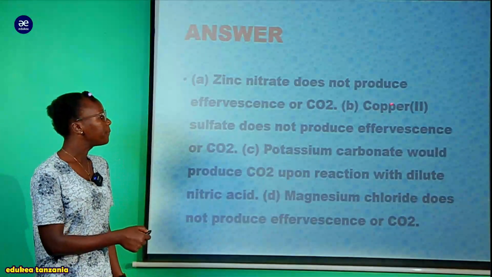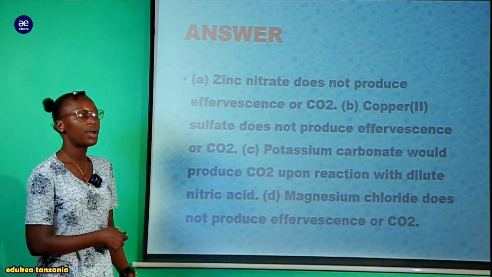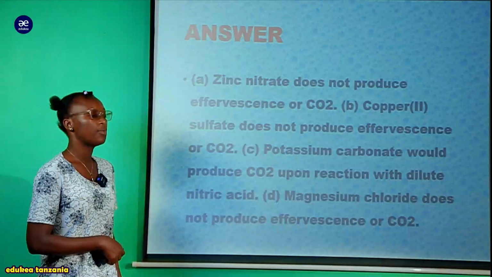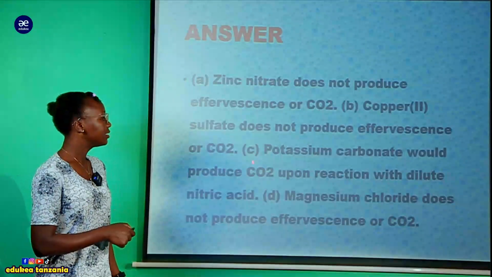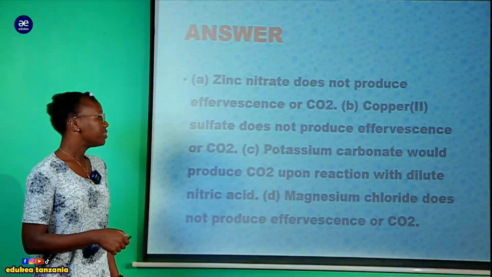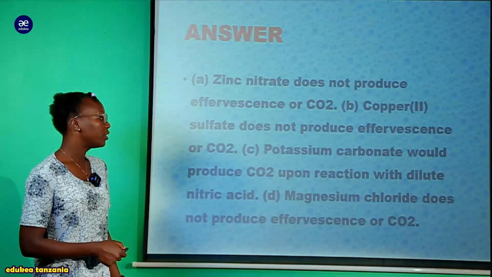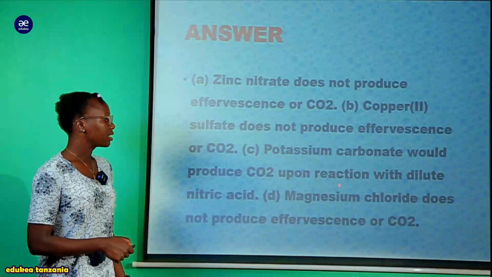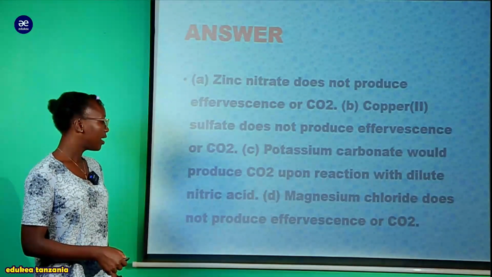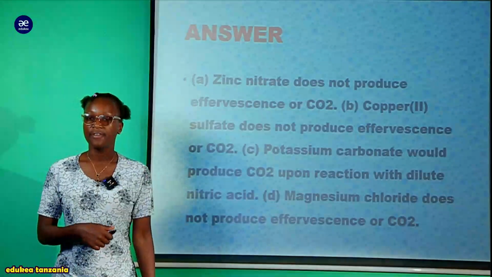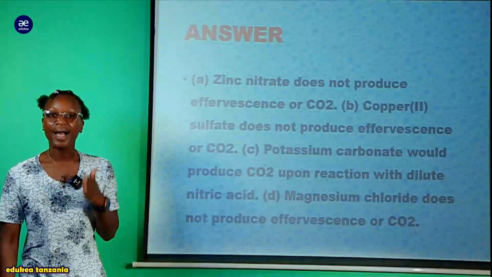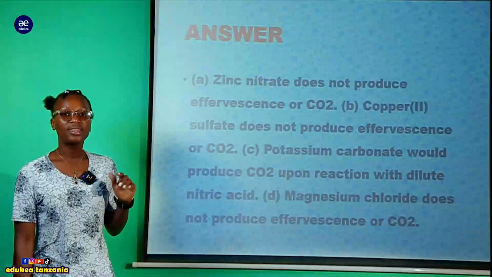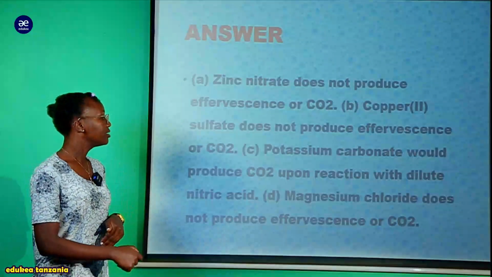Lakini pia tunakuja copper 2 sulfate tulipewa ilikuwa ni option ya B. Also does not produce the effervescences or carbon dioxide gas. Lakini C ni potassium carbonate. This will produce carbon dioxide upon reaction with the dilute nitric acid. D ilikuwa ni magnesium chloride. Magnesium chloride does not produce effervescences or carbon dioxide. Kwa hiyo mpaka hapo tumeweza kujua kwamba our correct option toward the given A, B, C, D is C, ambayo